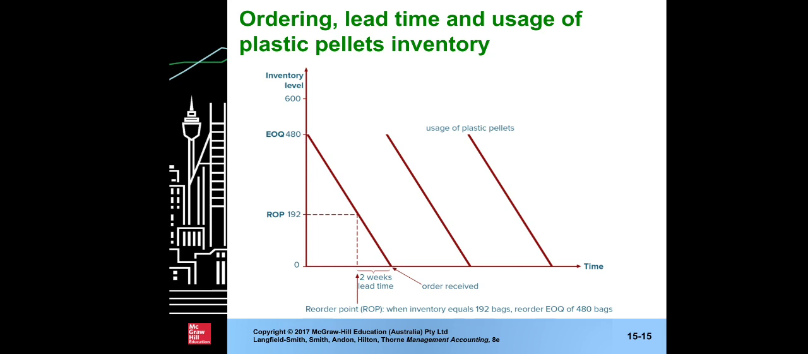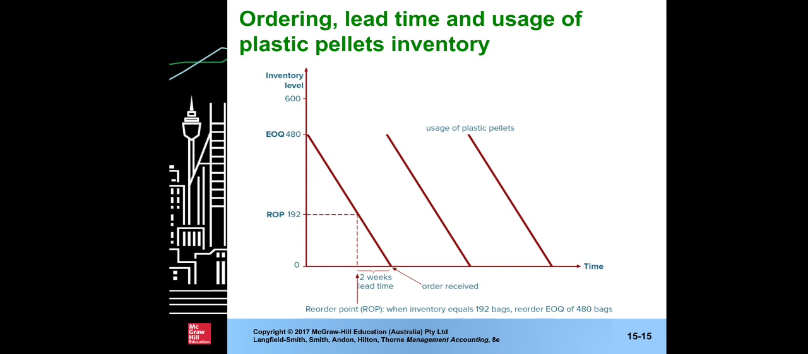So the EOQ is 480, and then in slide number 14 you have seen how to calculate the ROP, reorder point. So you can see here the reorder point is 192. So 2 weeks lead time. So 2 weeks before